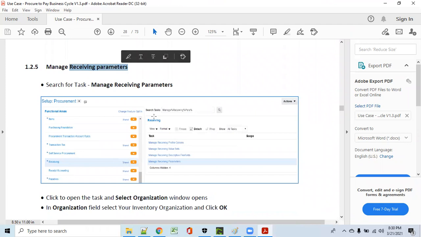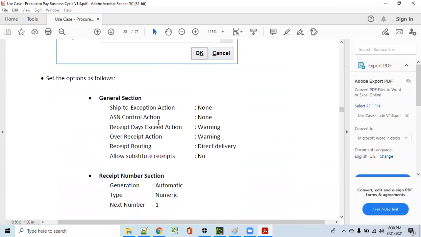And receiving parameters. If you want to receive material in an inventory organization, for that inventory organization you need to define your receiving parameters. What is the ship-to, inspection, ASN control, receipt days exceeded action. So you expected a receipt date like today, but you did not get your material. So what action are you going to take once you exceed the receipt days? Over receipt, routings. So receipt routing, you already know: delivery, standard, and inspection.